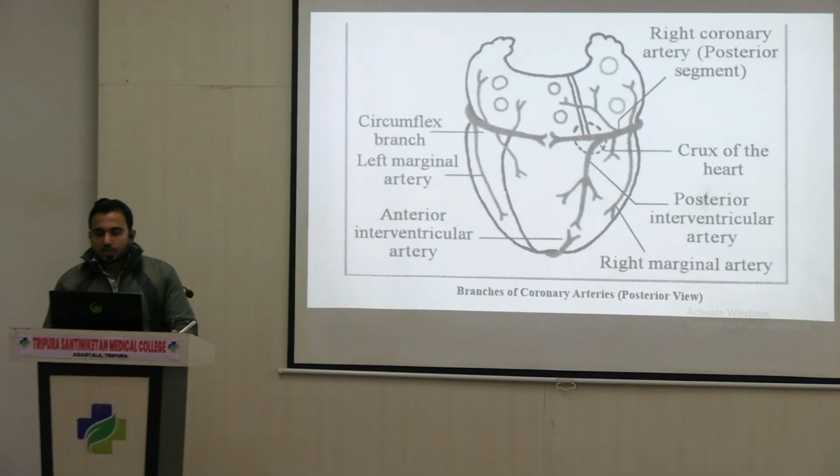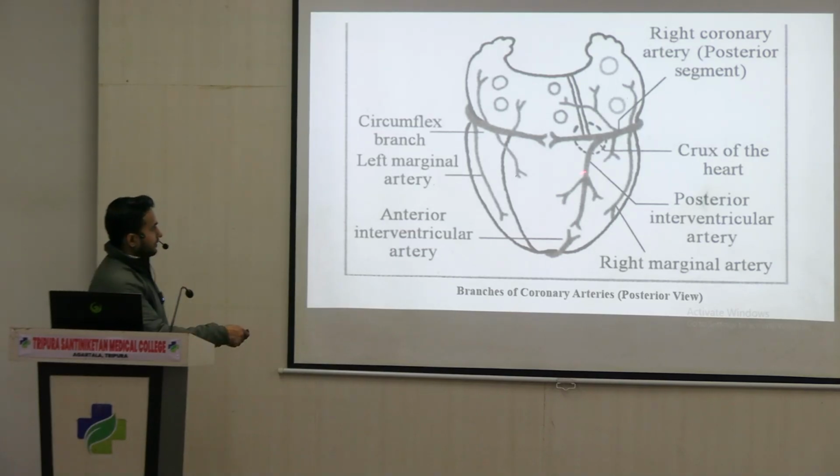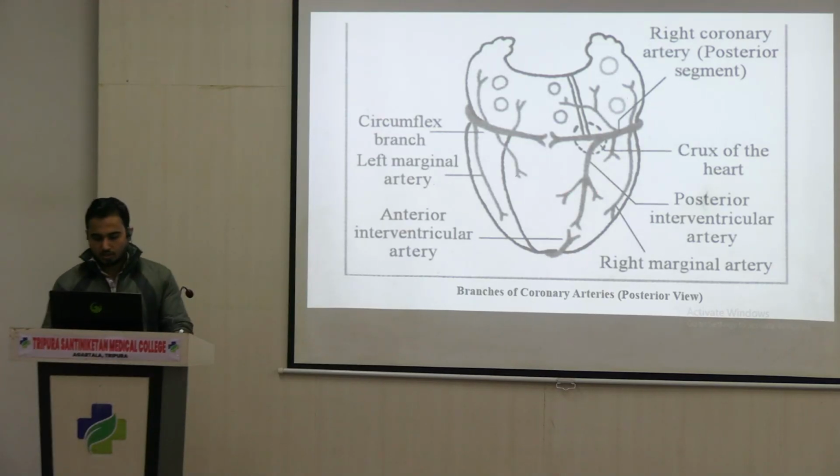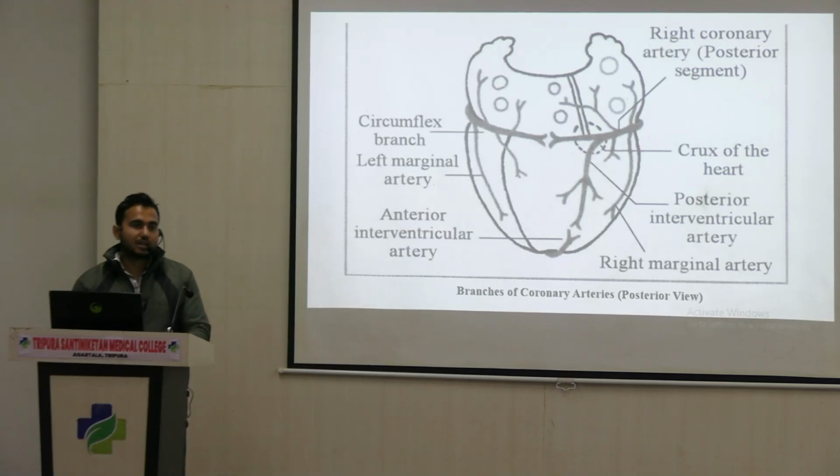Now, the posterior interventricular artery gives a few branches which supply the diaphragmatic surface. You can see it is giving a few branches which supply the diaphragmatic surface of both the ventricles. Next, from the posterior interventricular artery, one very important branch comes out, and that is called the septal rami or septal branch, which supplies the posterior inferior 1/3